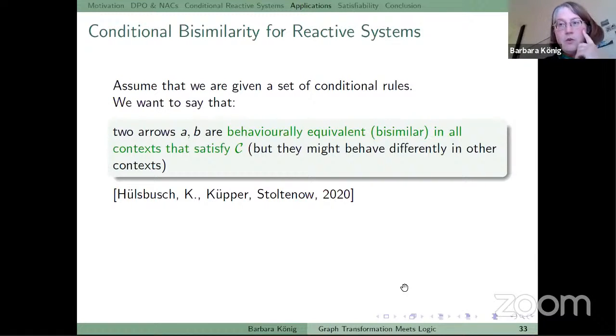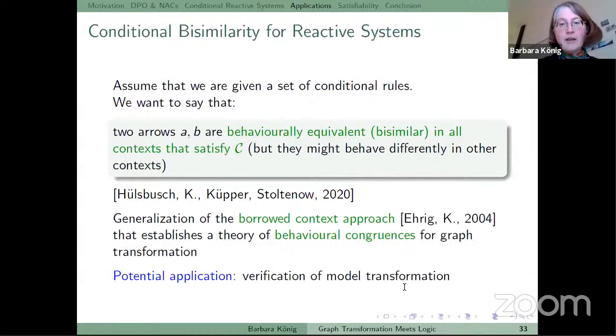This is something that we recently worked on. There's a 2020 paper in FSCD. And so the question is, there are two arrows, and we want to say whether two arrows are behaviorally equivalent or bisimilar in all contexts that satisfy C. So they might behave differently in other contexts, but we want to say that when the context satisfies C, they behave the same. And so this can be done by generalizing this borrowed context approach,